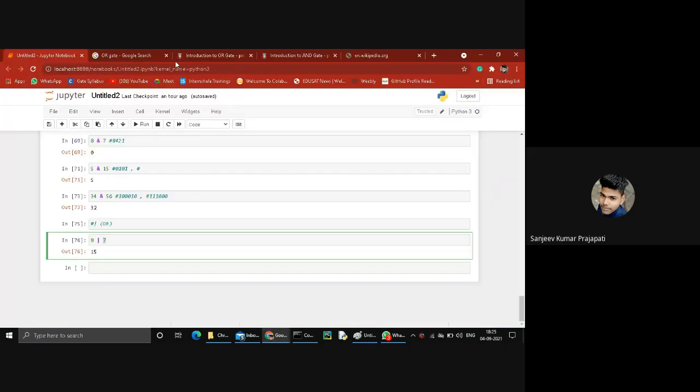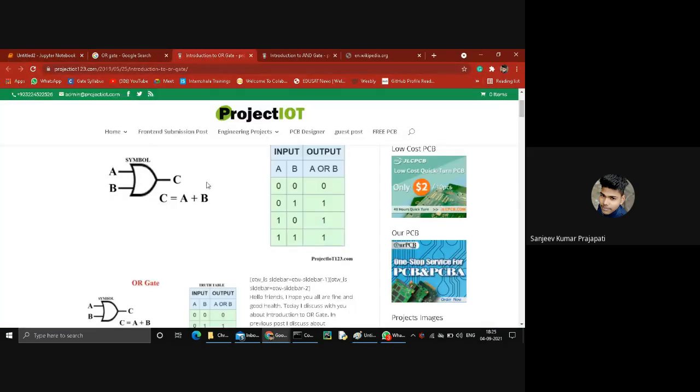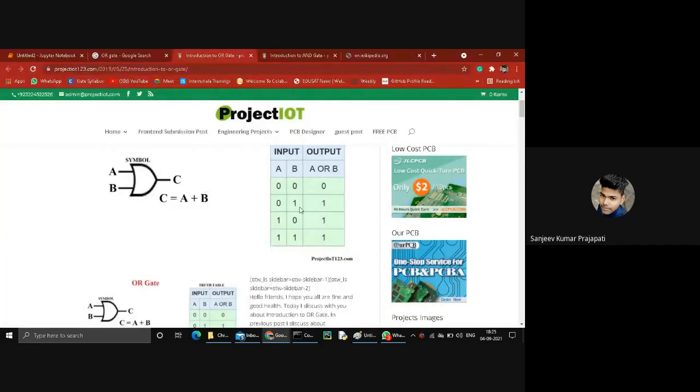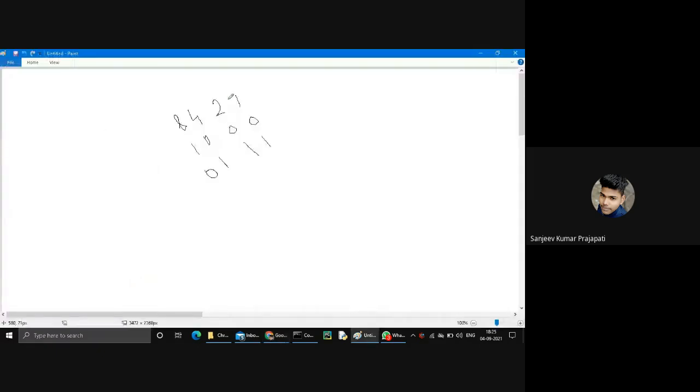So we perform the OR operation. You see, when both inputs are 0, then we get 0. Next is 0 and 1, then we get 1. 1 and 0, again we get 1. Then 1 and 1, again we get 1.